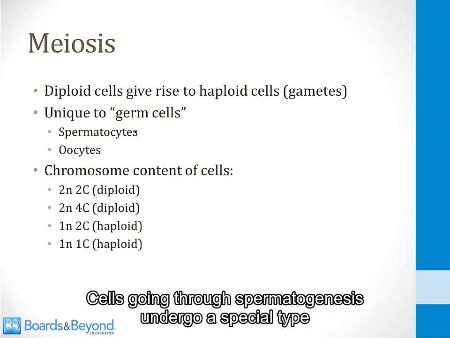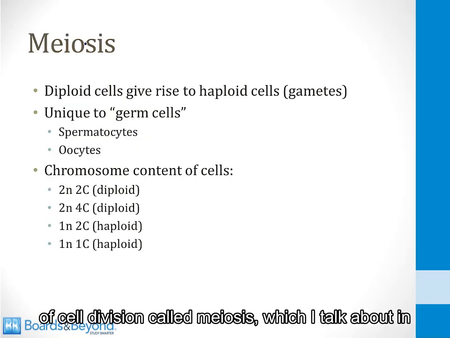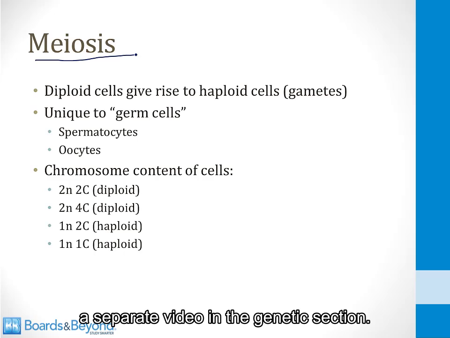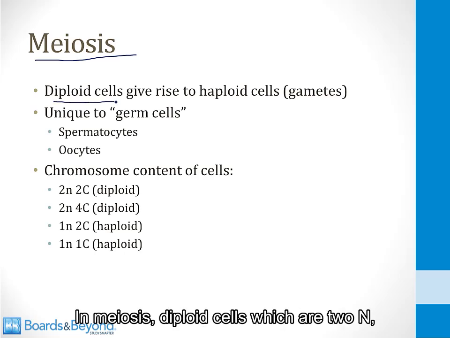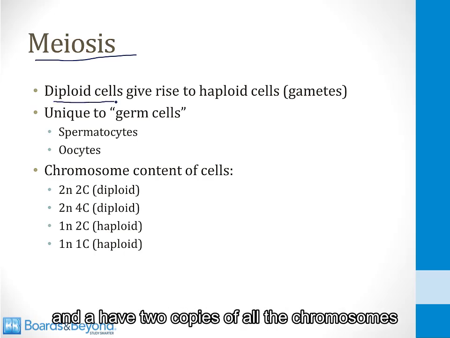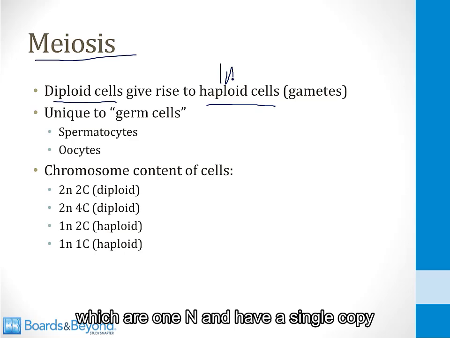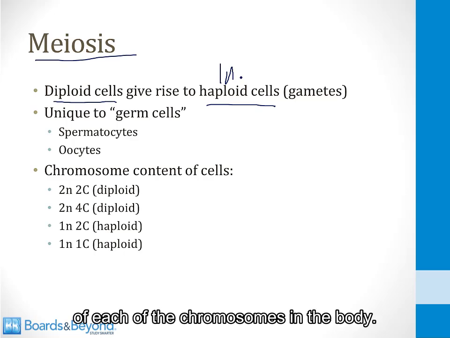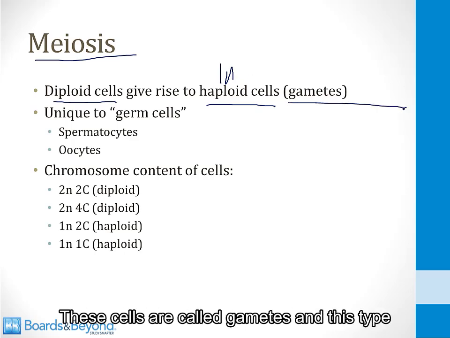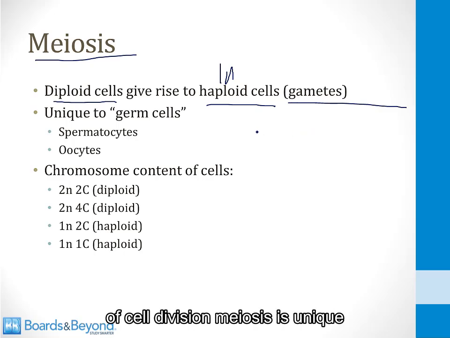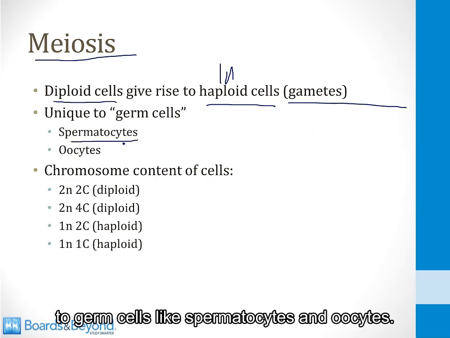Cells going through spermatogenesis undergo a special type of cell division called meiosis, which I talk about in a separate video in the genetics section. In meiosis, diploid cells, which are 2N and have two copies of all the chromosomes in the body, give rise to haploid cells, which are 1N and have a single copy of each of the chromosomes in the body. These cells are called gametes, and this type of cell division, meiosis, is unique to germ cells like spermatocytes and